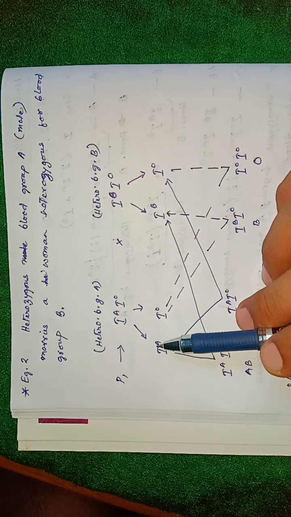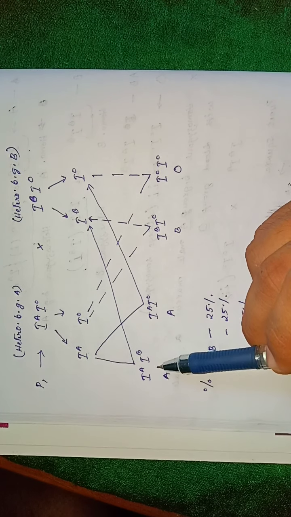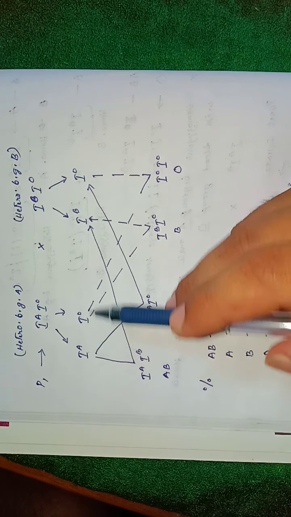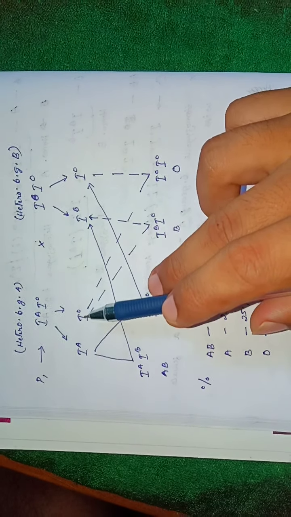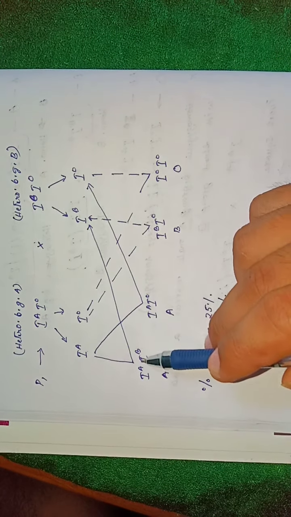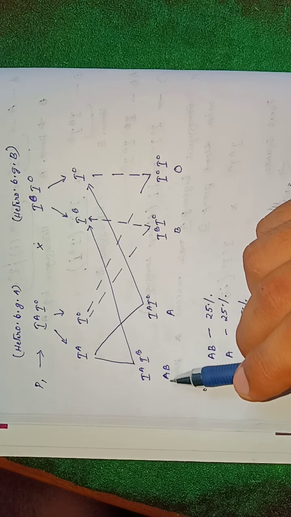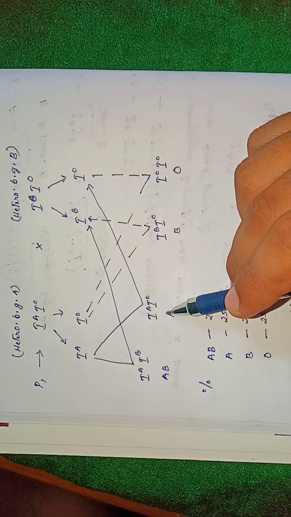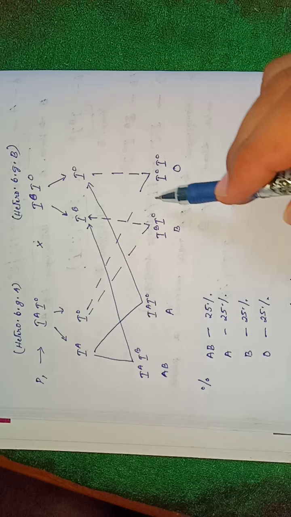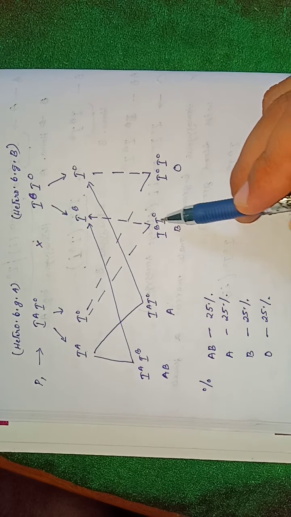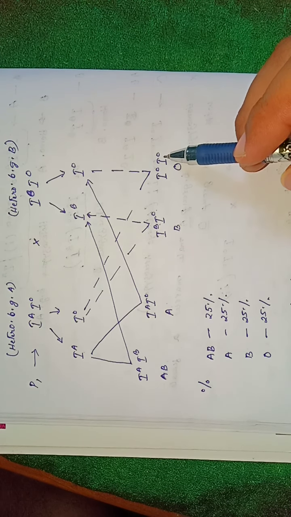The gametes will be in this form, and the possible individuals that may arise by the fertilization of these gametes are as follows. This will fuse with this one, this will fuse with this, again this will fuse with this, and this with this again. So there is a possibility of one offspring with both blood group A and B. There is also a possibility of an offspring with blood group A but in heterozygous form. There is also a possibility of an offspring with blood group B but in heterozygous form, that means containing both B and O. And the other possibility is that the offspring may